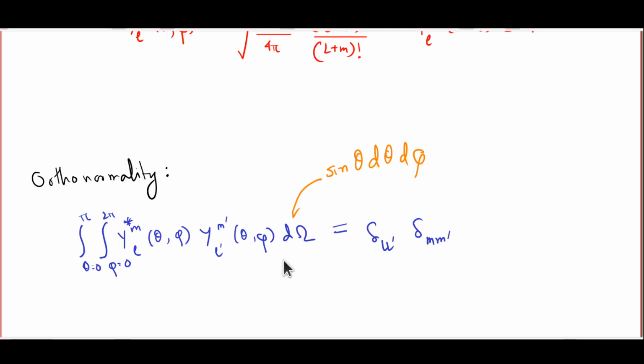And then integrate with respect to the solid angle measure over the entire solid angle. That means theta will run from 0 to pi and phi will run all the way from 0 to 2 pi. Of course, the solid angle measure is really sine theta d theta d phi, as you all know. Once this integral is carried out, the answer is 1 if L equals L prime and M equals M prime and 0 otherwise. Please note that while I say that PLM and PL prime M prime are not orthogonal unless M equals M prime,